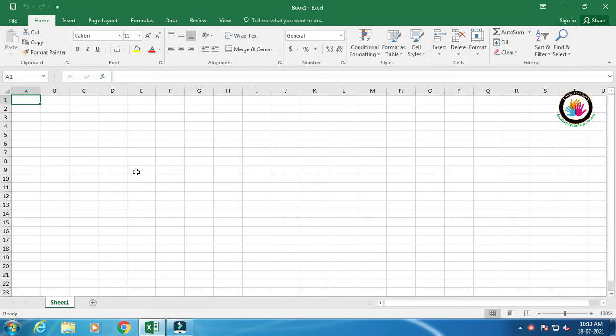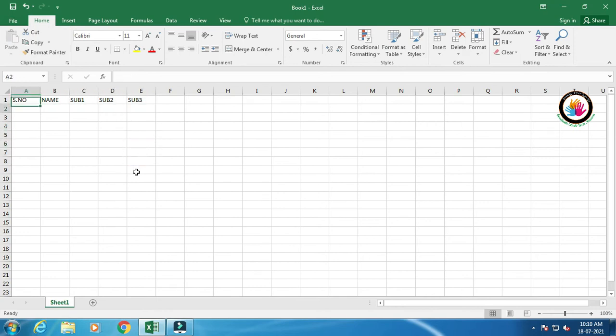So here I am taking a table like a student mark list of 3 subjects, that is serial number, name of the student, next subject 1, subject 2, subject 3. I want to take these things. So how to enter these? Just select the cell. You can select the cell by moving arrow keys, down arrow, up arrow, left arrow, right arrow. In which direction you want to move, just use the arrow keys.